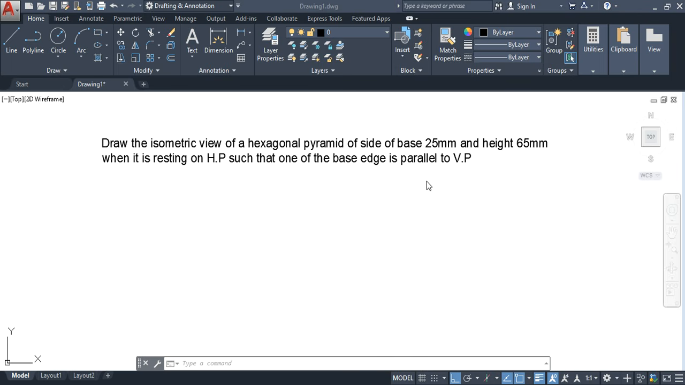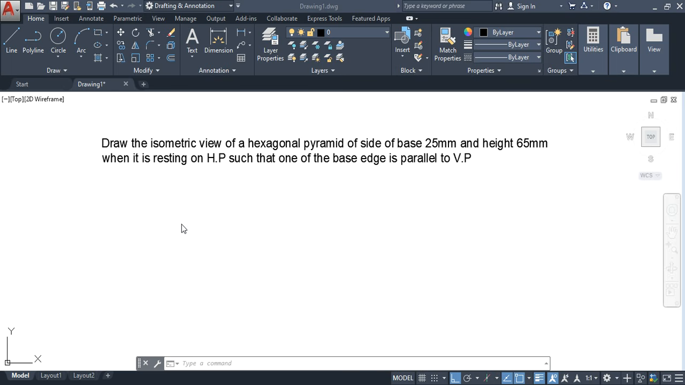When the hexagonal pyramid is resting on HP such that one of its base edges is parallel to VP, we'll get a true shape, that is a hexagon, in the top view, and in the front view we'll get triangular shapes representing the side surfaces of the pyramid. So let us draw the orthographic views of this hexagonal pyramid. These will help to construct the isometric view. First of all, just draw